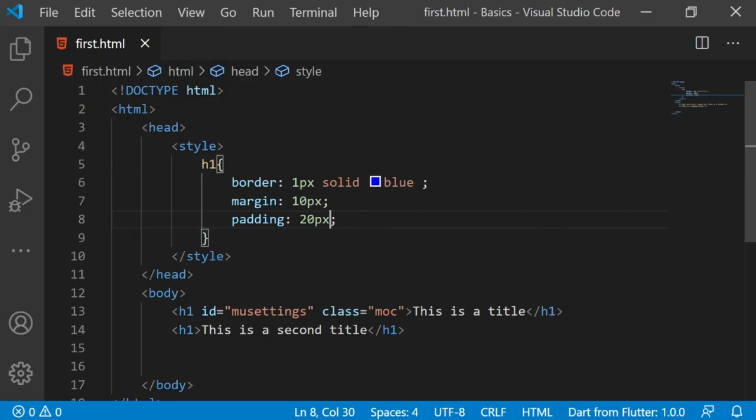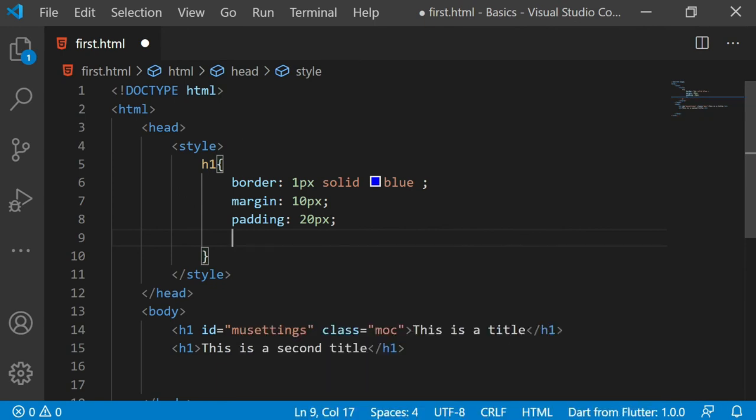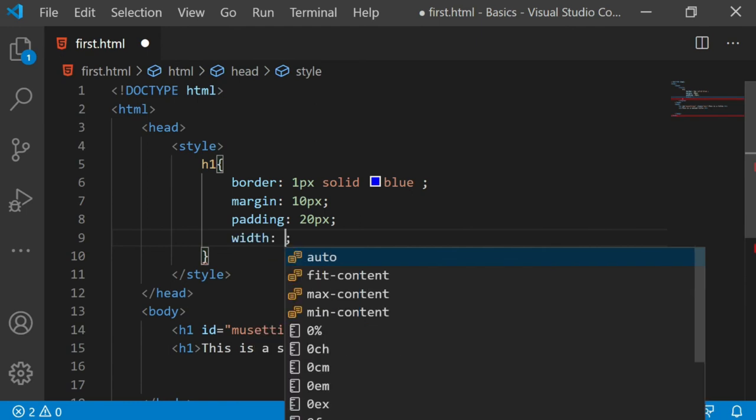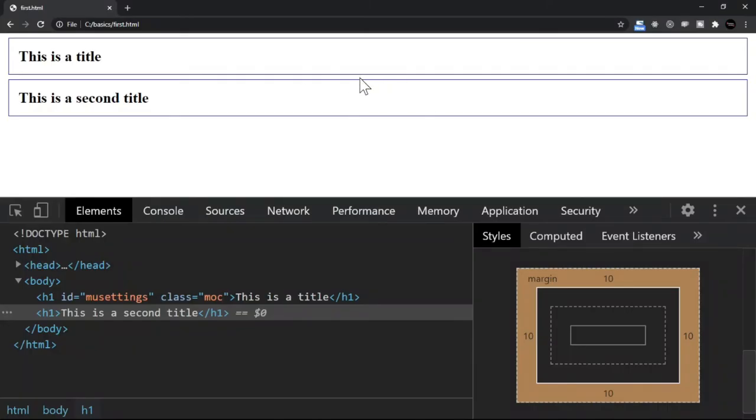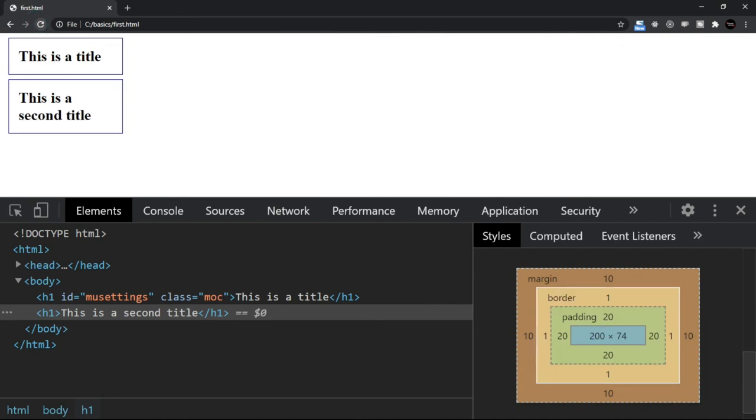So there are two more CSS properties we are looking at, and those are height and width. Height, anyway, with padding and margin you are setting, but let's say width I want to control. For all H1s I want just 300 pixels or maybe 200 pixels. Because you have the border, you will be able to see the width. Let's say you don't have a border, then also if you have applied the width, it is whatever you have given. But with border, you realize that this is how it looks, right? It's just about the visibility.